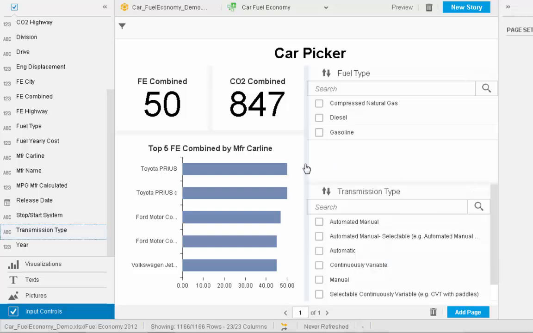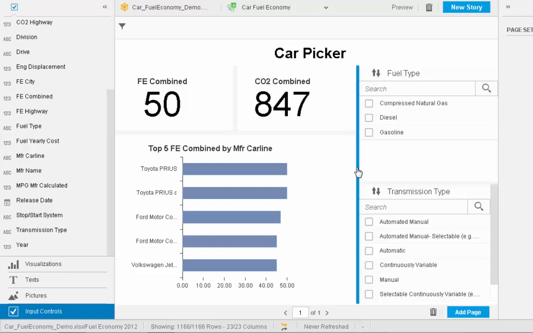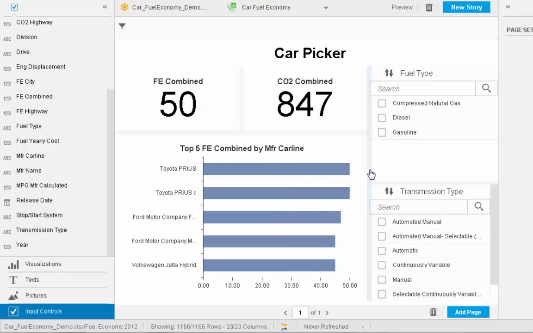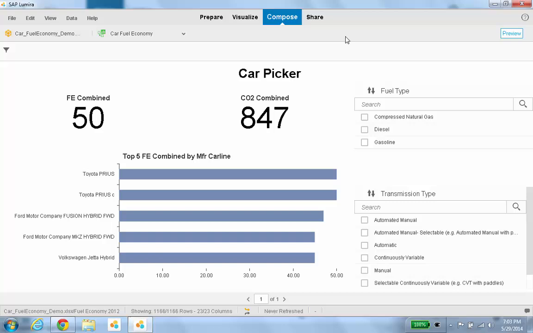Okay, so that's great. So then I'll just make those a little bit smaller to give a bit more space to my charts. Okay, fantastic. So that's my storyboard that I've created with just one page. And then what this would allow me to do is I can preview this to see what it would look